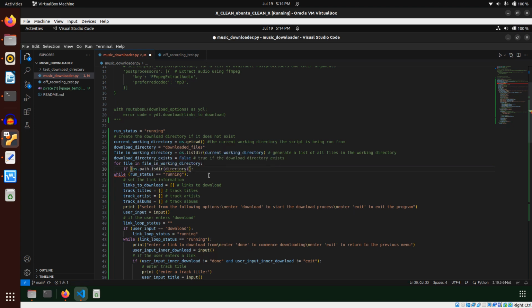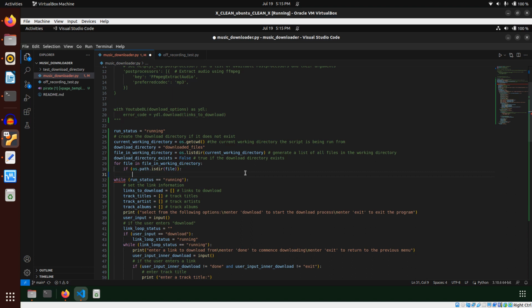And this function here is part of the OS library which I have imported. What it does is it basically checks if something is a directory. So I'm going to check if file is a directory. For now, I'm just going to check if whatever it's iterating through is a directory. And for testing purposes, I'm going to print out,